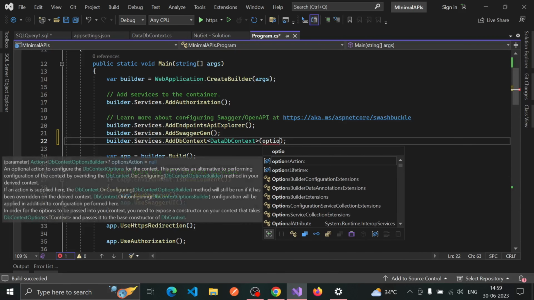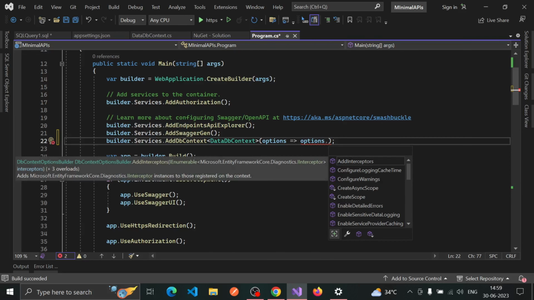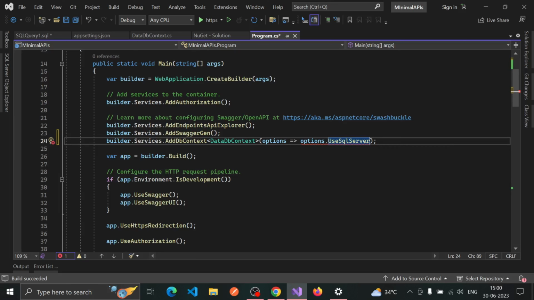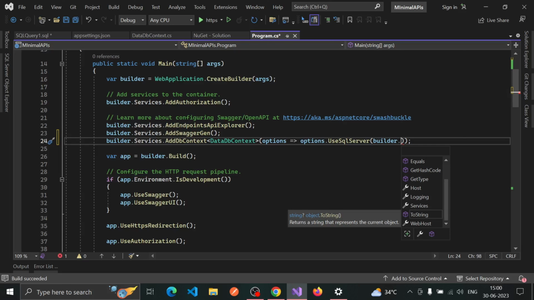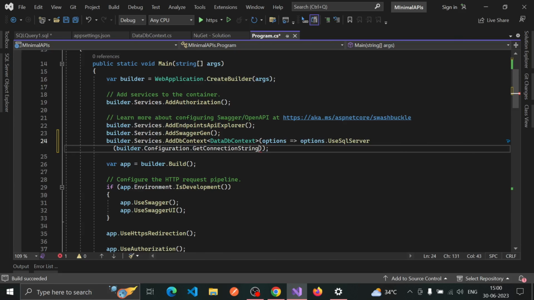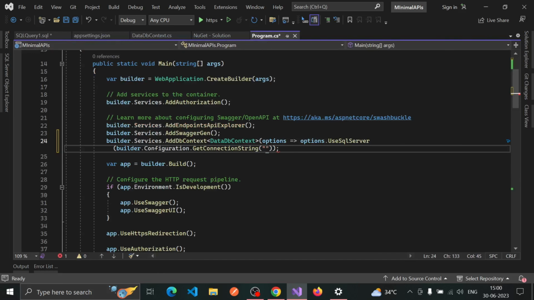Inside this, let me type one parameter, that is options, then options.UseSqlServer, and inside this SQL Server there should be builder.Configuration.GetConnectionString, and I'll pass my connection string here, the name of the connection string, that is constr. Ctrl+C comes here, Ctrl+V. Okay,